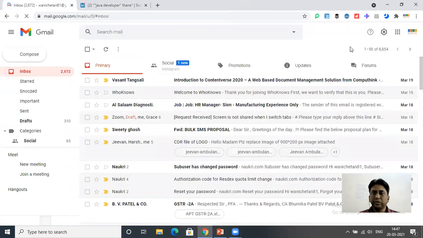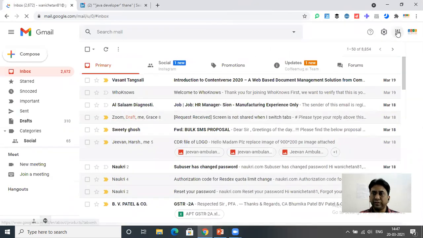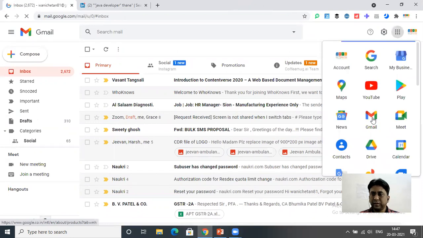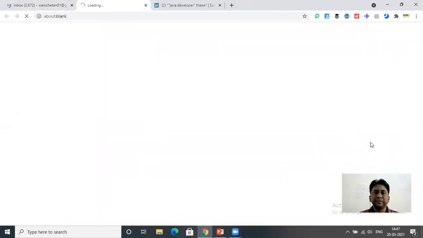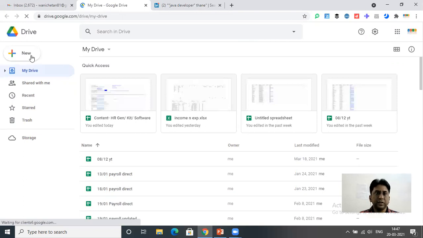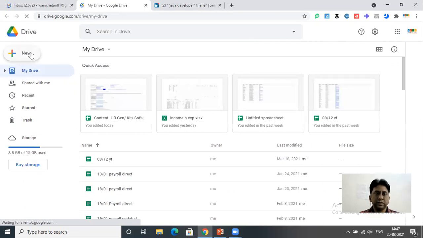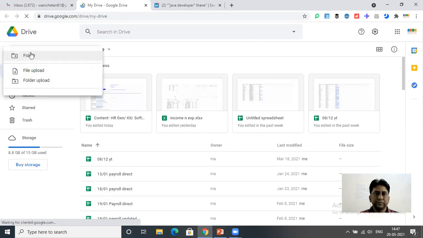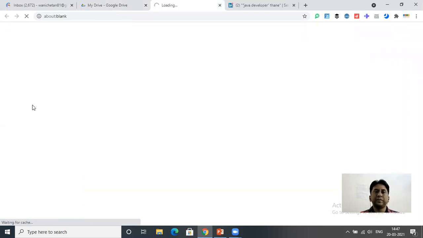Okay, now go to Drive, then click here on Drive. Then click here on New. Then open a new file, that is Google Sheet.